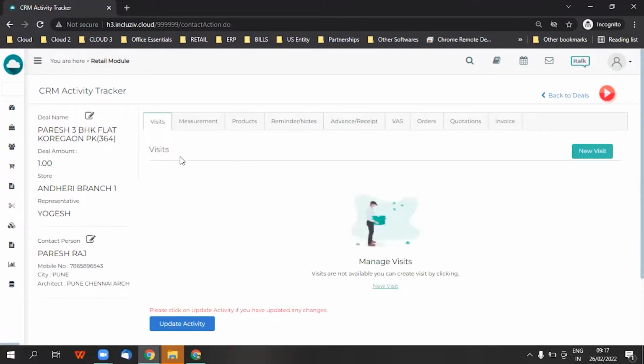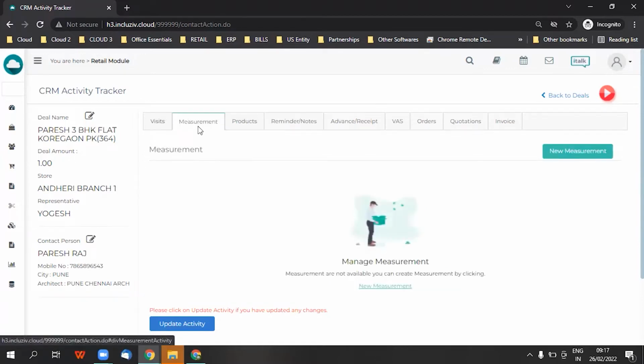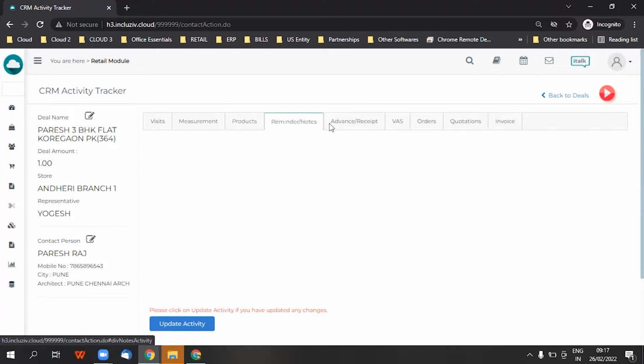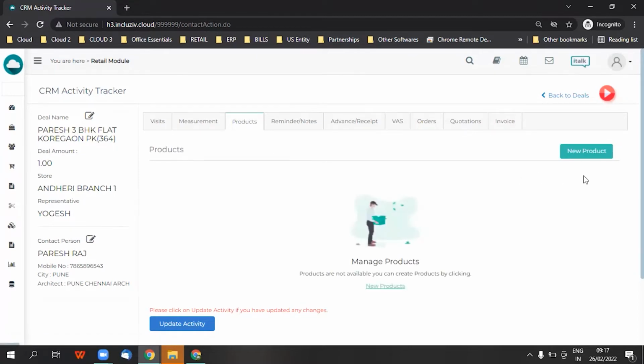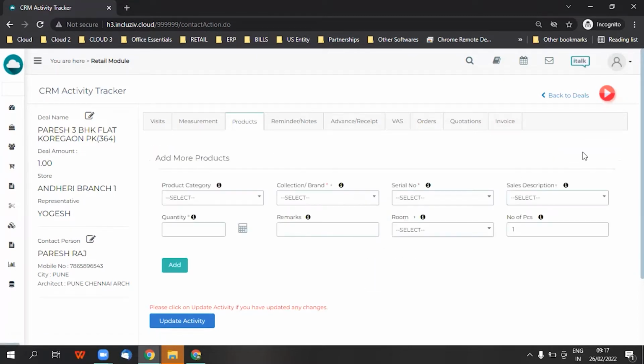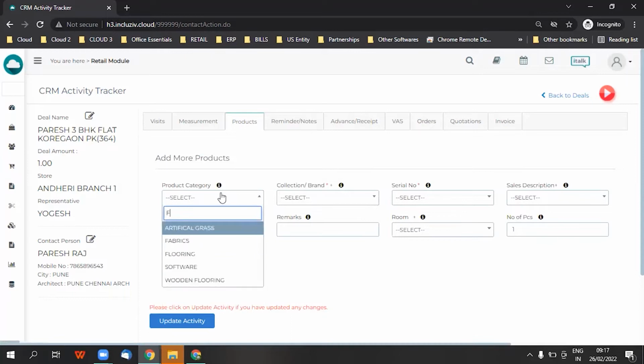So now when I come into the deal, I can see whether any activity has happened, any visits have happened, any measurements have been taken, products, reminders, advances, value-added services, orders, quotations, invoice. So I see there's nothing which has happened with this customer. So typically the flow would start with the customer shortlisting a few products. So I can click on a new product here, select the product category,